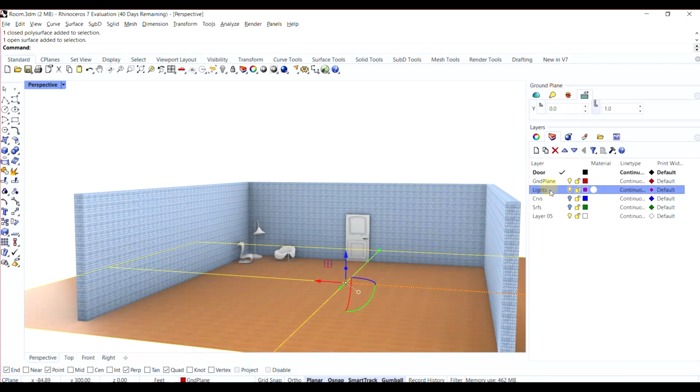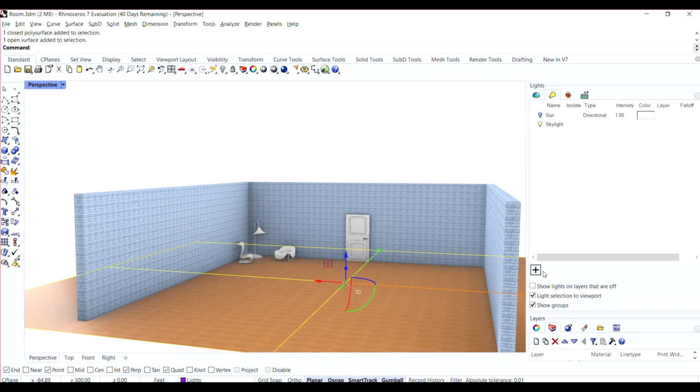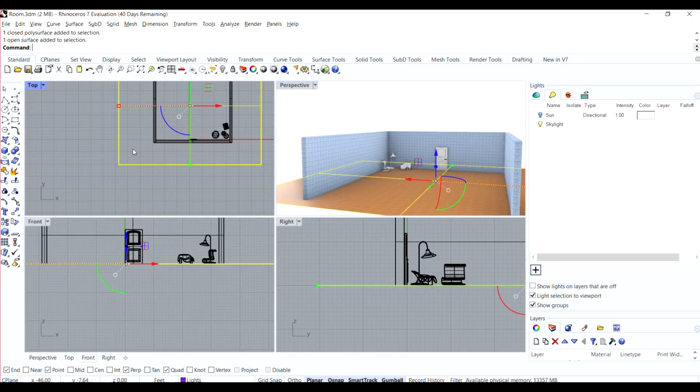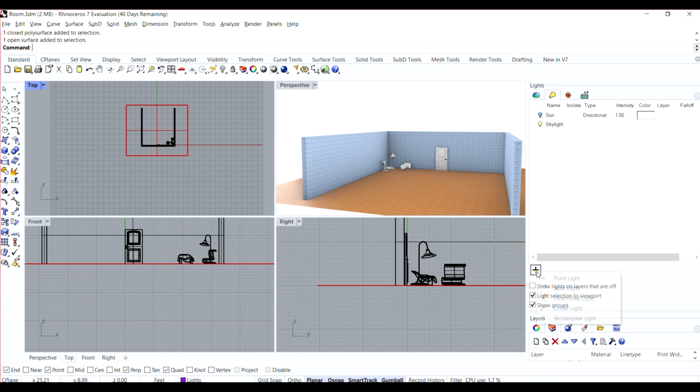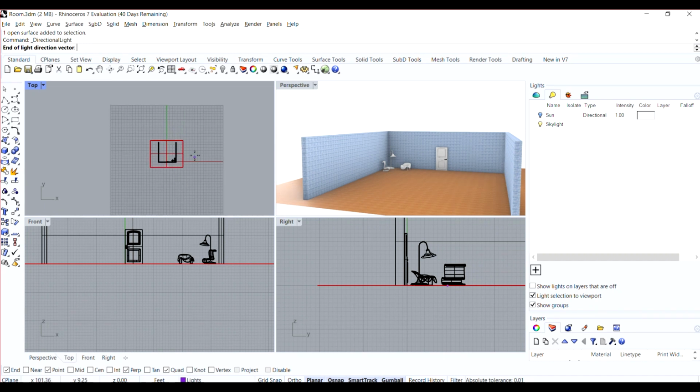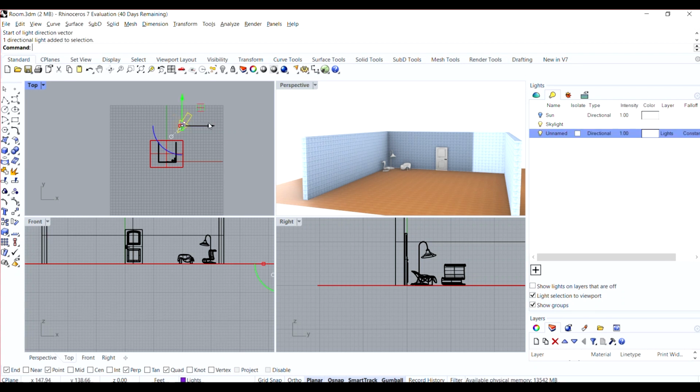Let's go to lights, and from lights we can say new light, and before we go to the view, so we can know where to place it. And let's go to new light. We can put a directional light, and we can put it here. Okay, so notice right here in perspective,